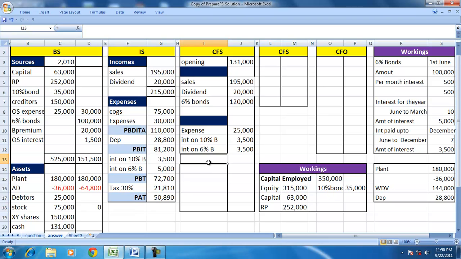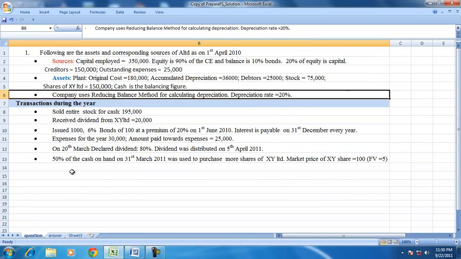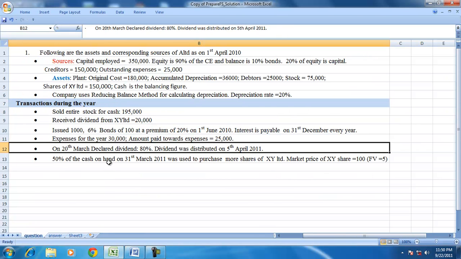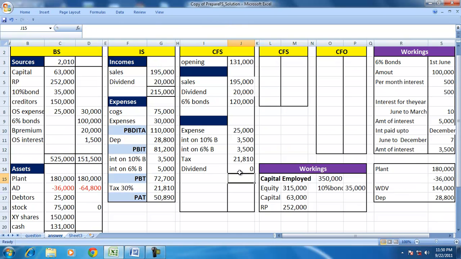So tax is an outflow of money, assuming that entire tax is paid. Now since we have the PAT determination done, we have to take a decision whether we are making the payment for dividend or not. It says that on 20th March the dividend was declared but distributed on 5th April, so therefore